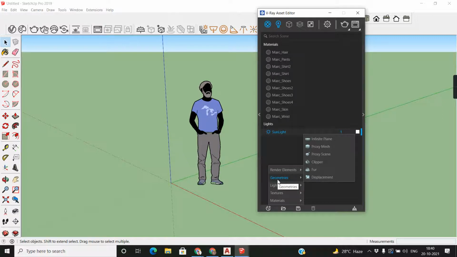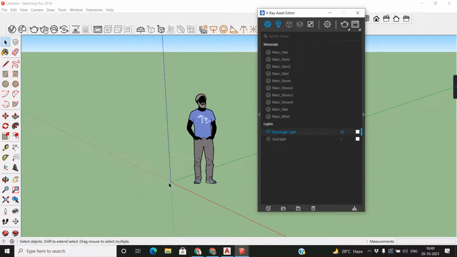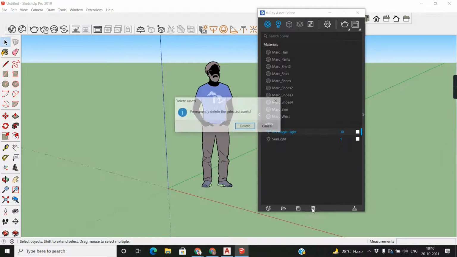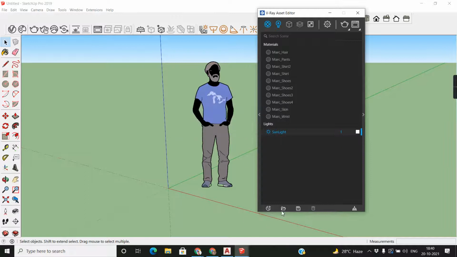You can select the geometry. Light, you want a rectangular light. See, the rectangular is not created, only dome light is created over here. There is no mesh light, only dome light is here.